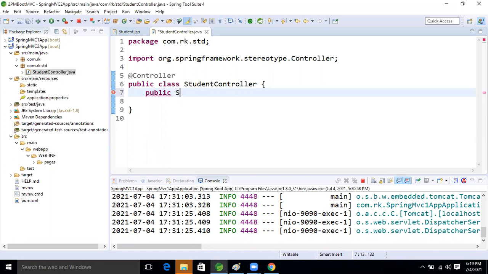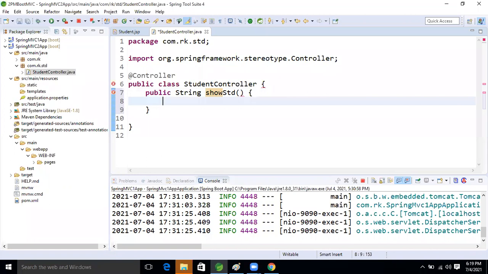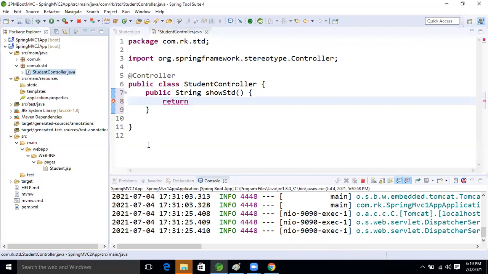Okay, here again what will we take now? A String method, student, right? This is the method. Okay, good. So inside that what we are going to do now, guys, let's take the annotation now. Here we will take return, what is the view name? Student, right?